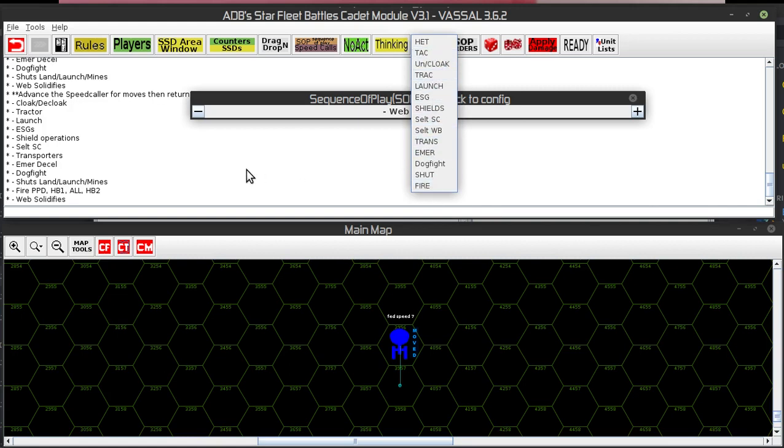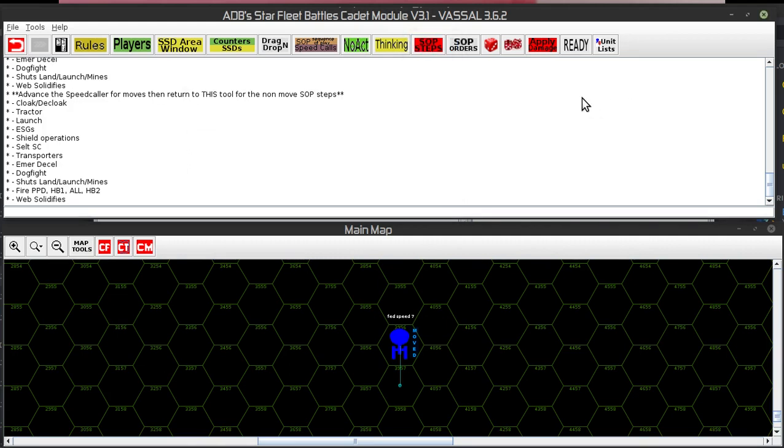But once the players learn the game, this sequence of play thing is not really needed, because you pretty much are only going to do on the impulse what you're going to want to do. So that kind of becomes irrelevant. But yeah, it looks like the update of the client has created an issue there I'm going to have to look at. Okay, so